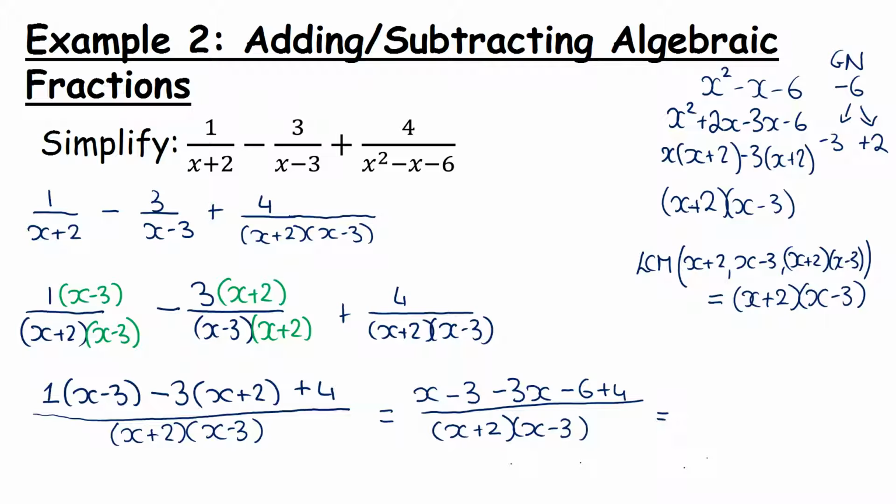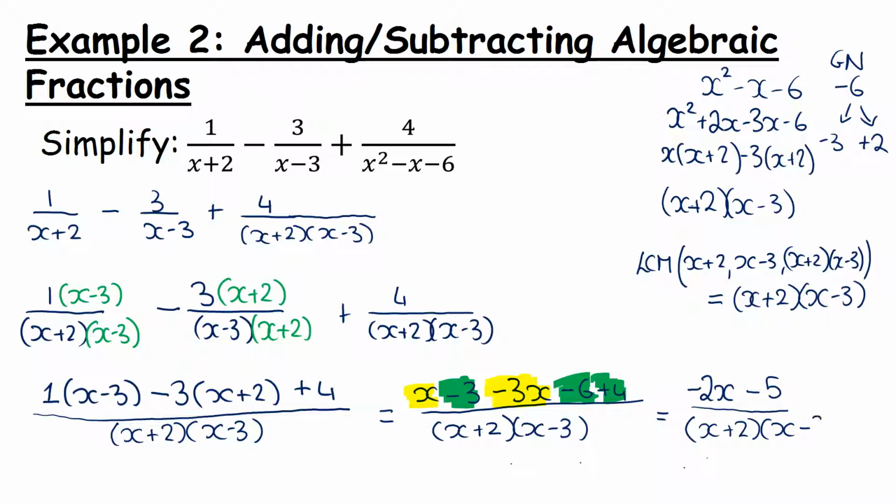So now let's see what we have in common. We have an x here, we have a minus 3x, and then we have a minus 3, a minus 6, and a plus 4. So x minus 3x gives me a minus 2x. Minus 3 minus 6 gives me minus 9. Plus 4 gives me a minus 5. And that's all over x plus 2,